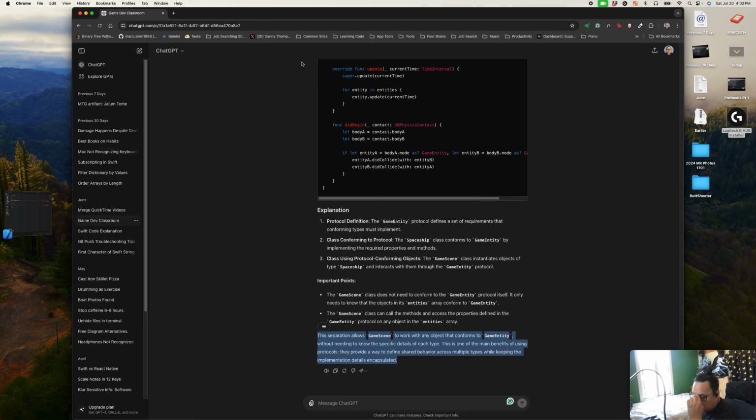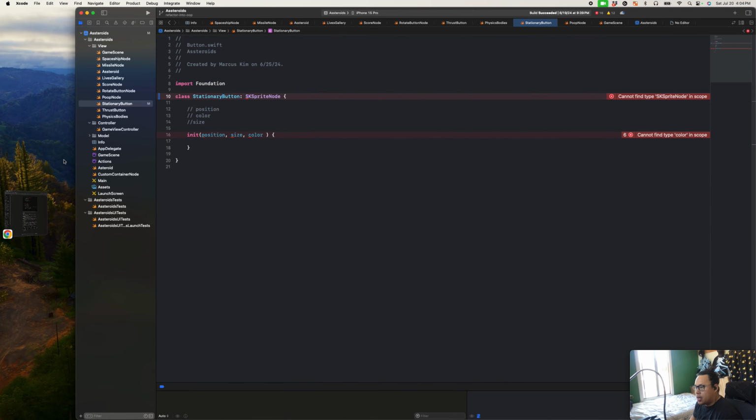So the individual objects, if they conform to the protocol, we know that we have some required methods and variables implemented. So relating that back to our game, we could definitely create a protocol